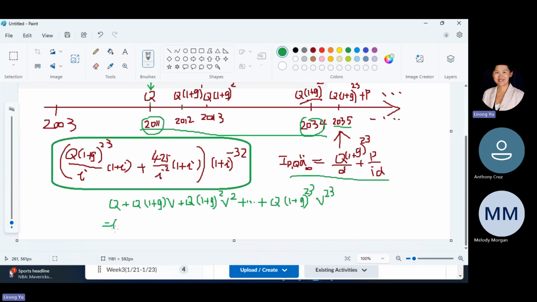You take the common factor Q out, then it's 1 plus (1+g)b plus (1+g)^2 b squared. So that geometric sum will have 1 minus (1+g)b to the power of 24, since there are 24 terms, and then divided by 1 minus the ratio, which is (1+g) times b. And that's the value at